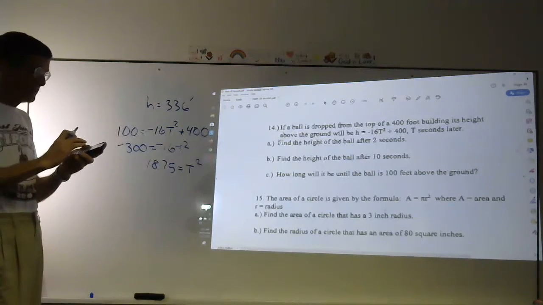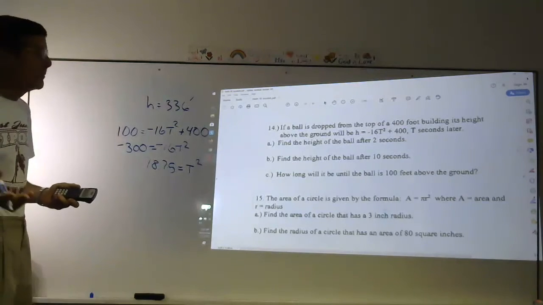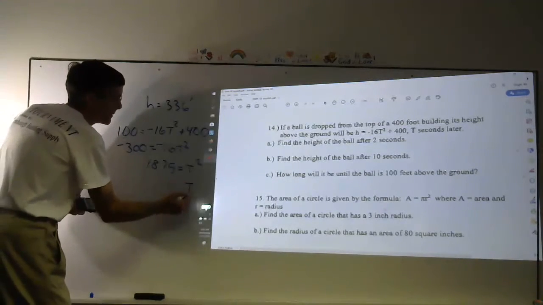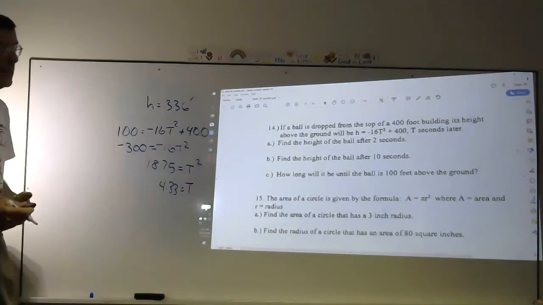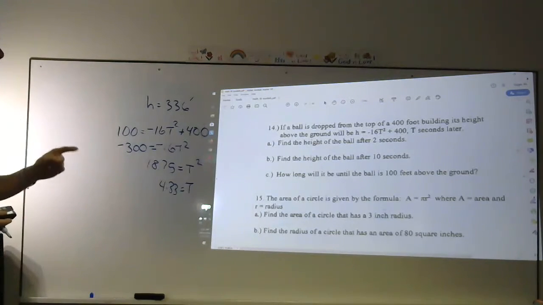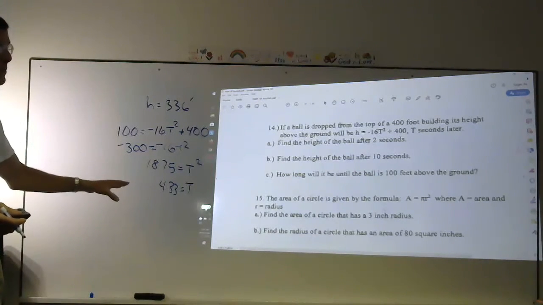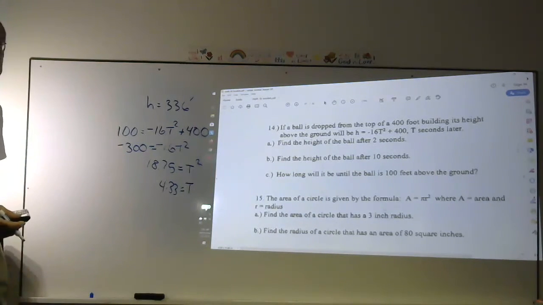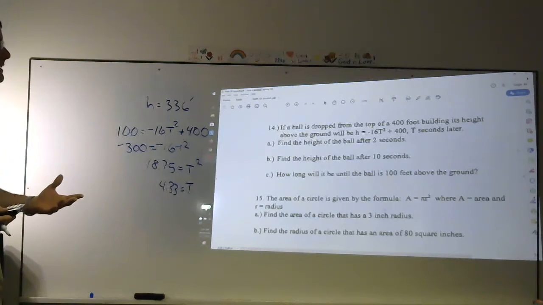But you can't have negative time. You can't go back in time. So you only want the positive square root, which is 4.33 seconds. If you jump off the top of a 400-foot building, in 4.33 seconds you're only going to be 100 feet from the ground. You've fallen 300 feet, the length of a football field, in